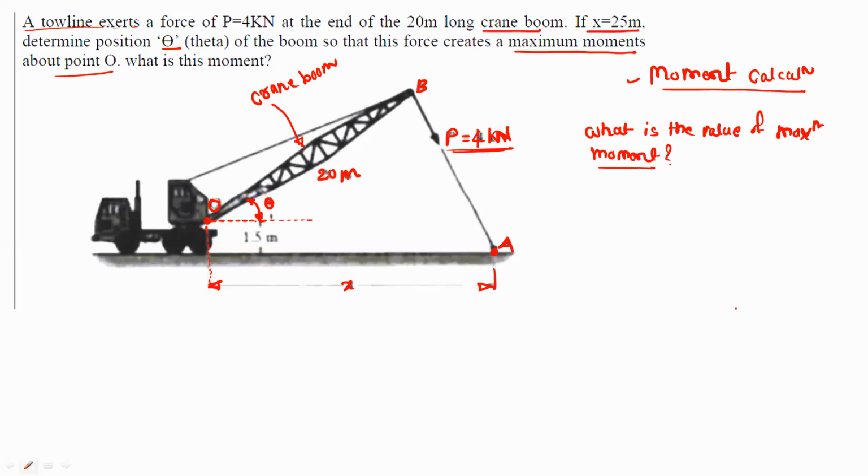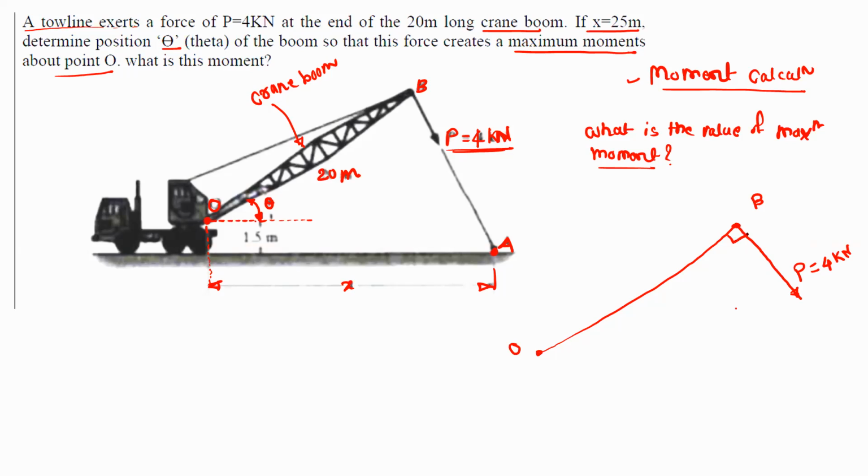Okay, so in that condition moment will be maximum. So I will just draw one line for this crane boom. So this line represents the crane boom. This is the point O, this is the point B, and this is the force P,